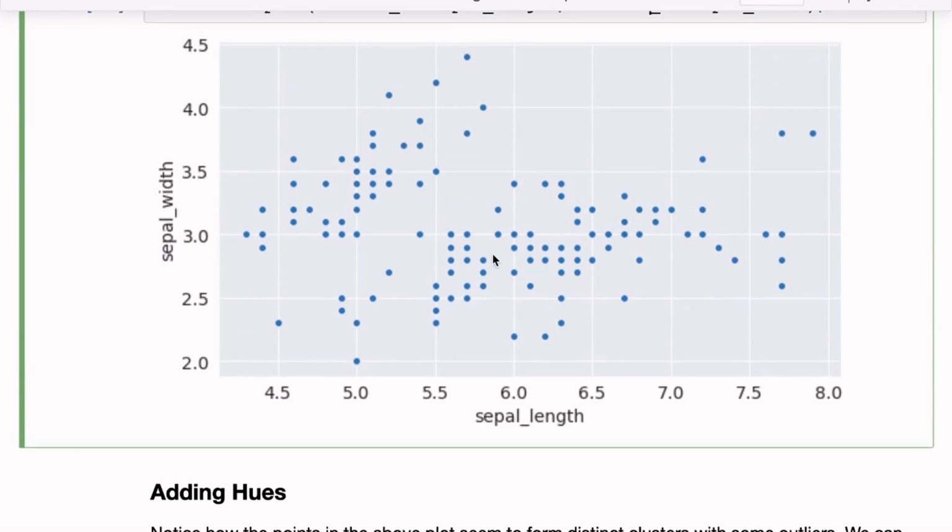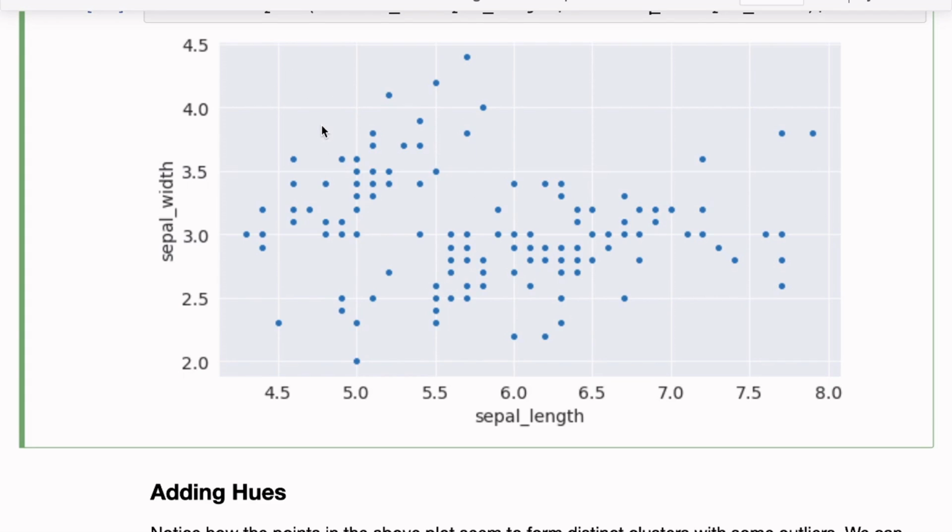But we were concerned about the relationship between length and width, and there doesn't seem to be a clear relationship here. In fact, the points seem to be all over the place. But if you notice carefully, you will notice about 2 or 3 clusters. You can see this one cluster of points here. These are all together, and then there are some outliers. And then you can see another cluster of points around here, and another cluster of points here.